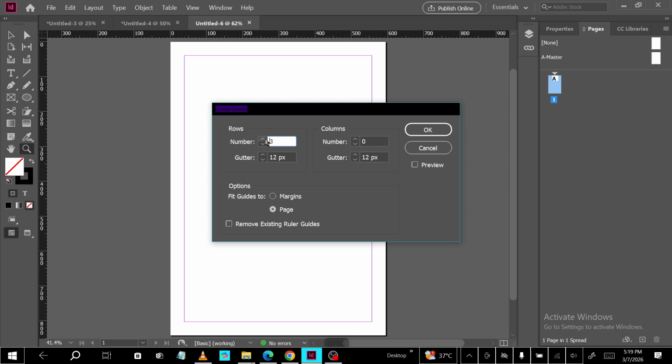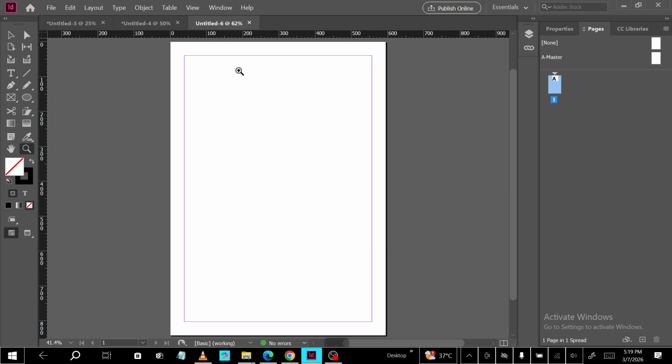To finish, set up styles for clean, consistent typography. Open the Paragraph Styles panel and create styles for your main elements, such as headlines, body text, and captions. Define the font,